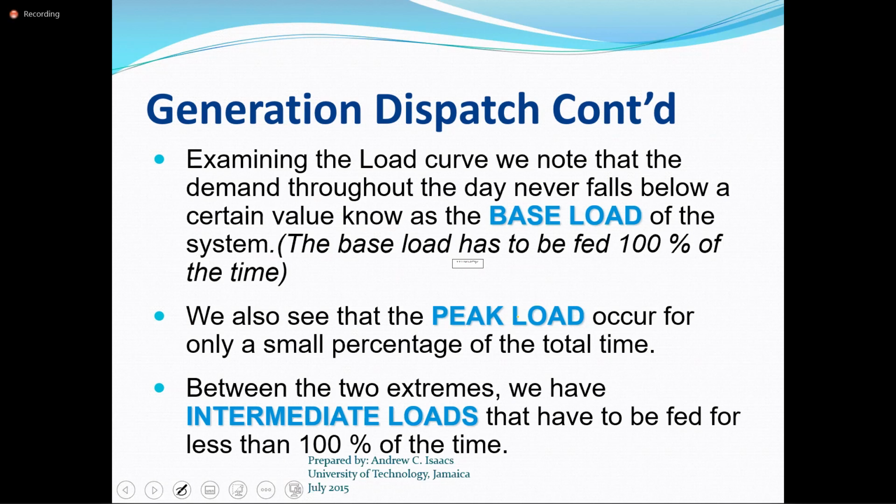All right, remember that your generators are not looking at individual loads. That's the first thing you need to note, right? So your generator is not looking at individual loads. They are looking at the system load. In terms of your slack generator or your swing bus, your swing generator,